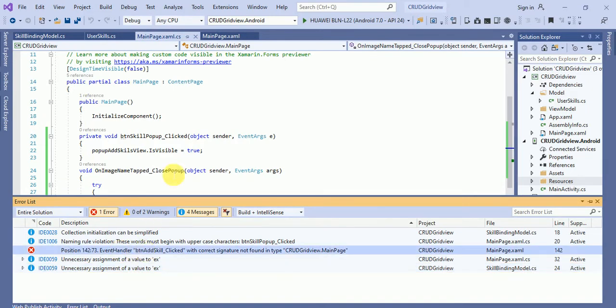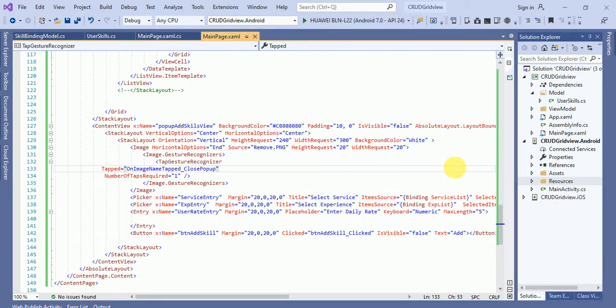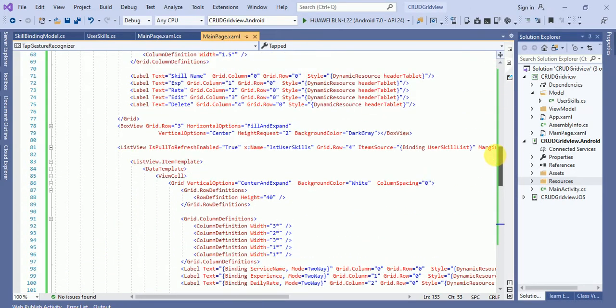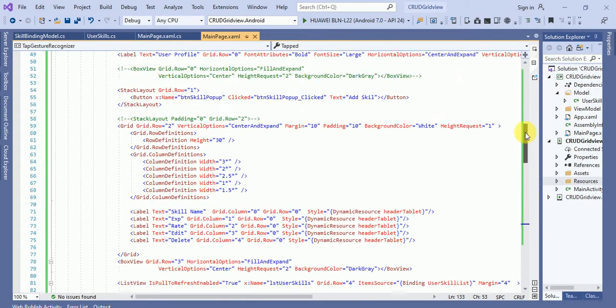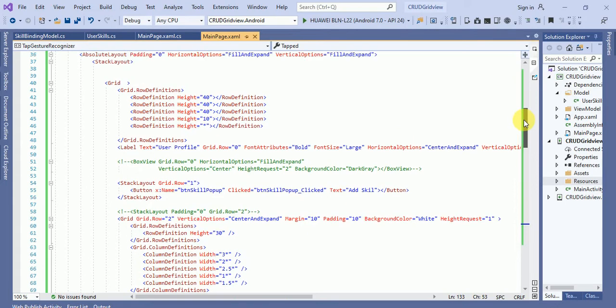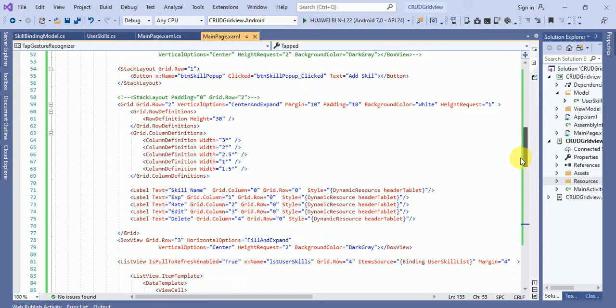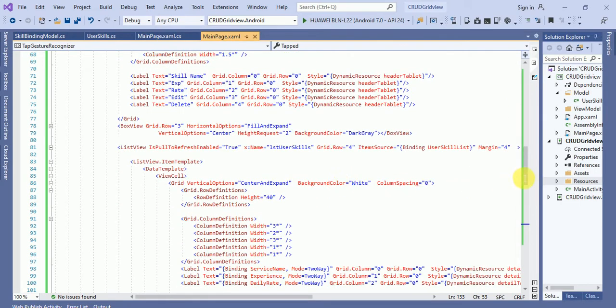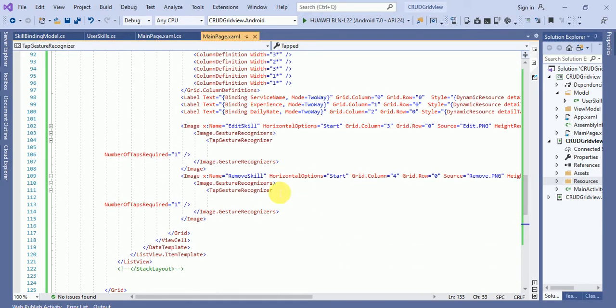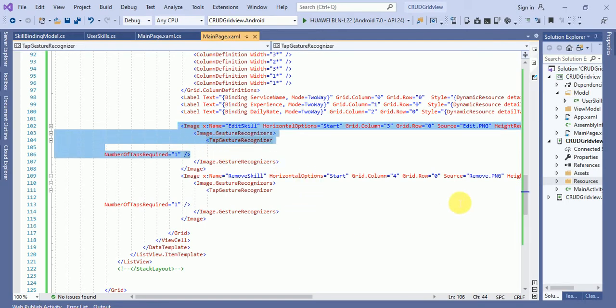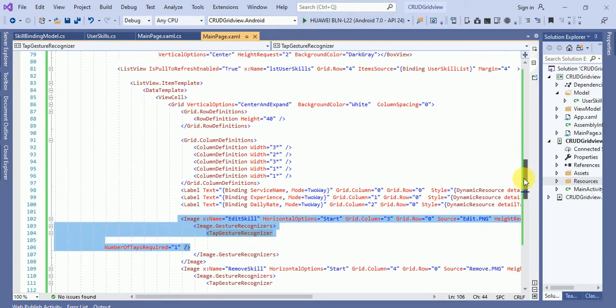One more thing: we have one more event handler here. You can see this is the image edit skill.